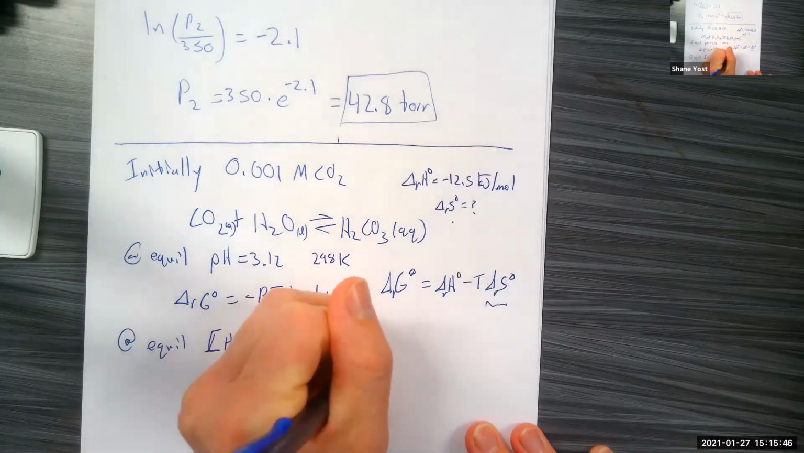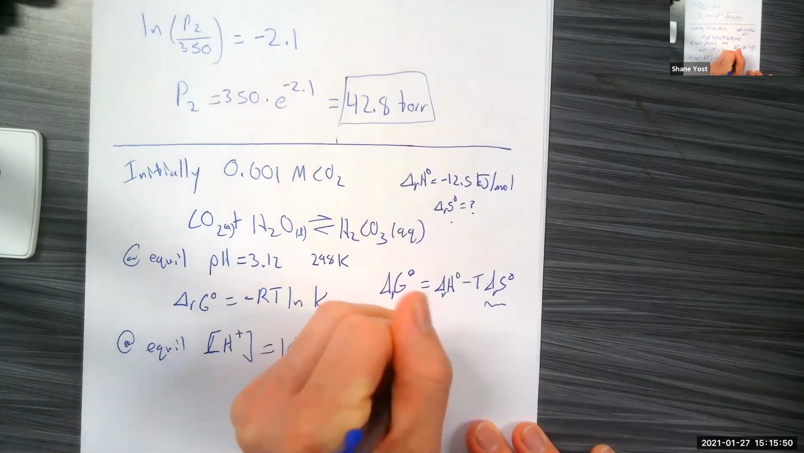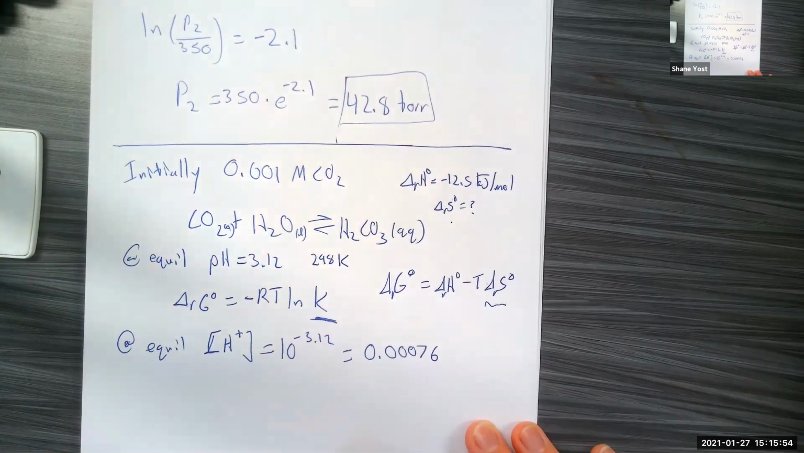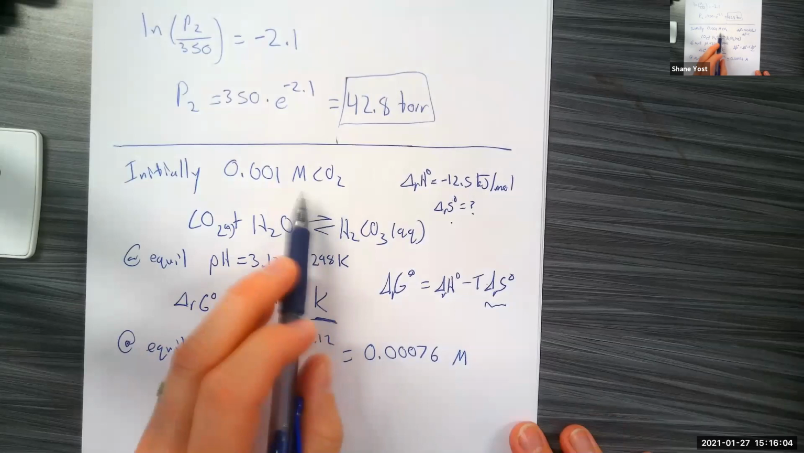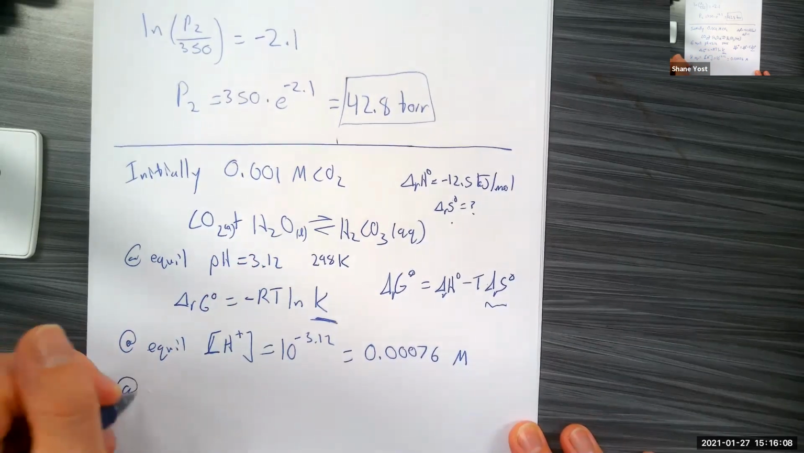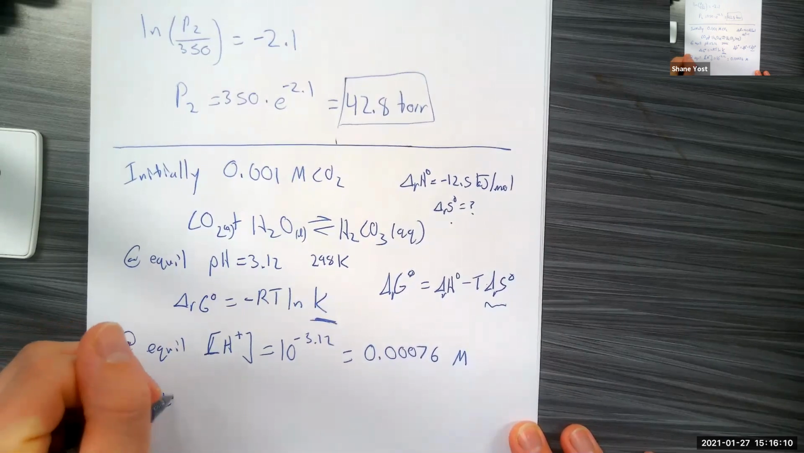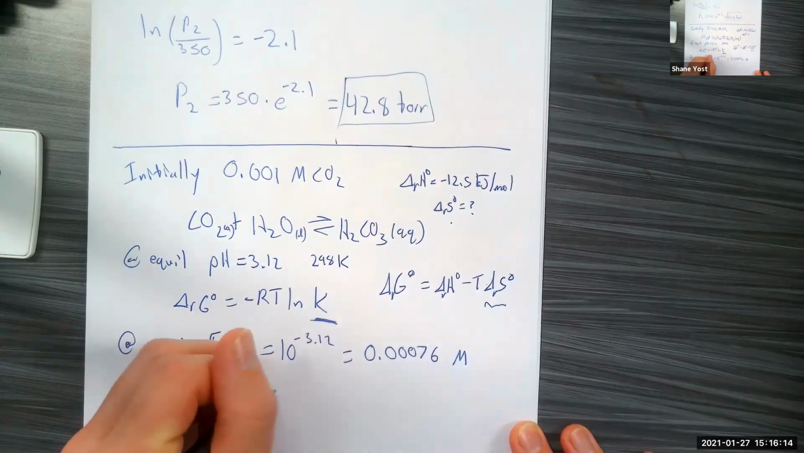This is 0.0076 molar, I'll just round it there. Well, if my equilibrium concentration of H+ is 0.0076 molar, to get to equilibrium, that means I had to react some amount of my 0.001 molar CO2. So at equilibrium, the concentration of CO2 is going to be